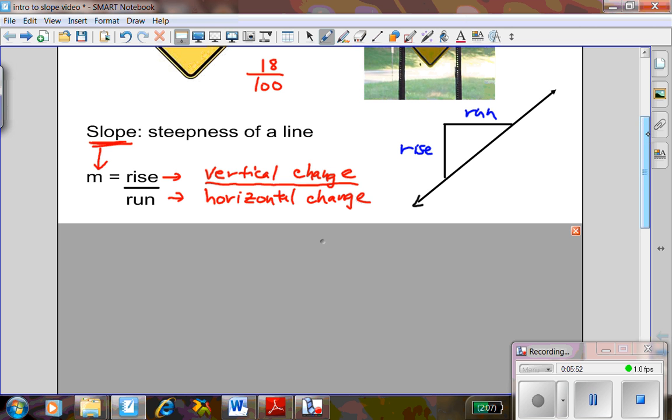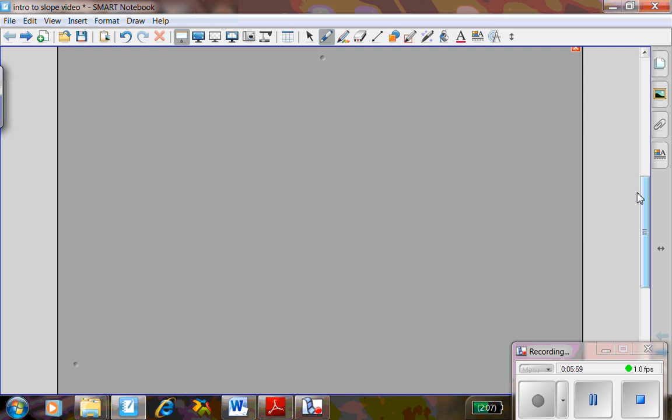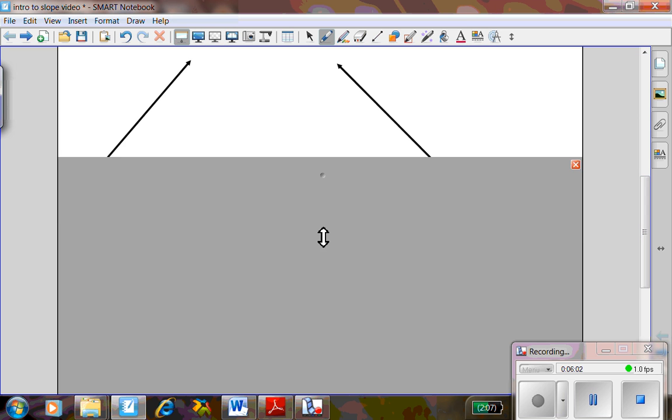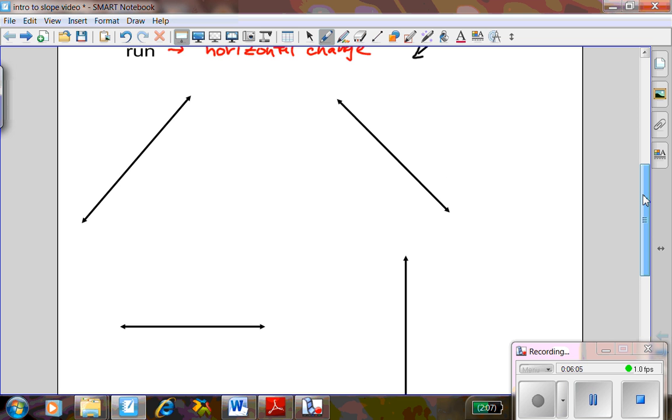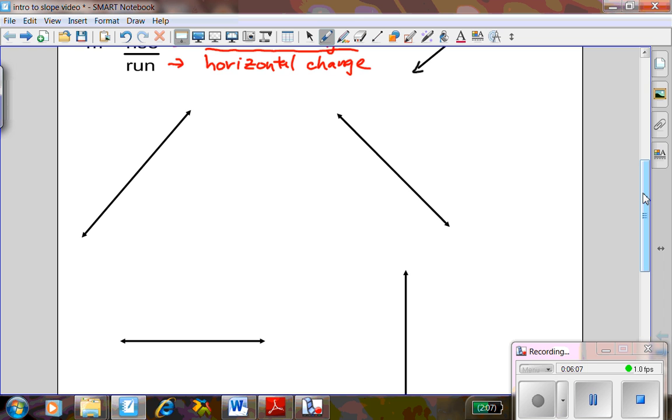Now, before you get into actually measuring slope on a graph, let's just take some general ideas here. So first, there's pretty much 4 different ways your line could turn out. It could slant upward from left to right,